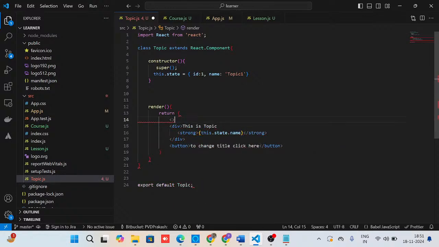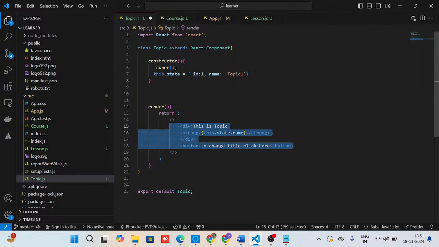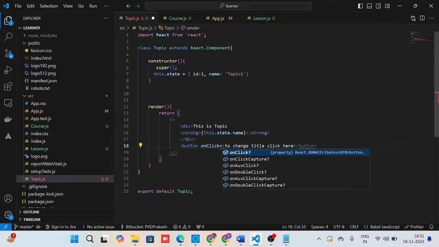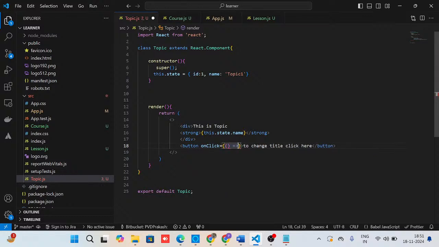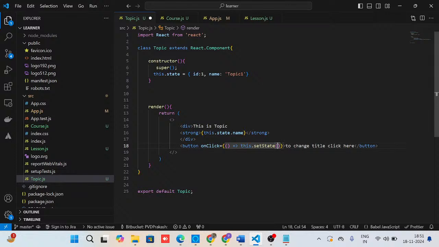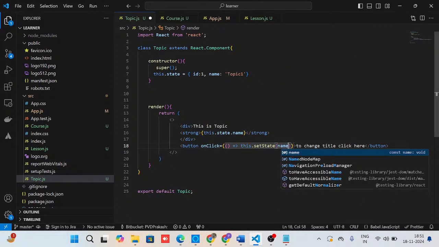Now I write a button. If I click this button, I want to change the state value. So if you click, that means I use the event like onClick. In onClick, I use the parenthesis and here I use the arrow function. I want to change the state. If you want to change it, I use this.setState. So we want to change the name to topic 2,